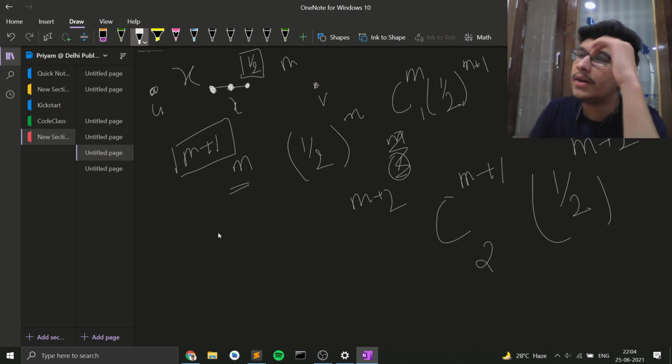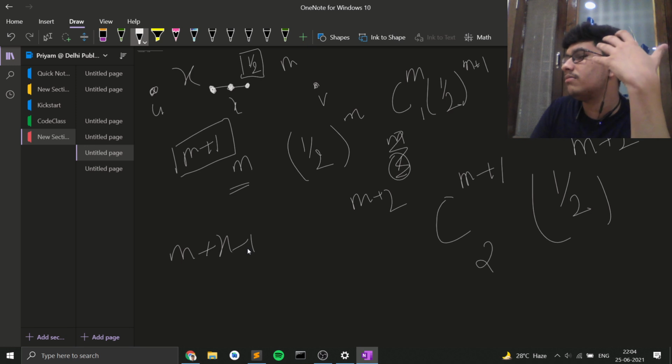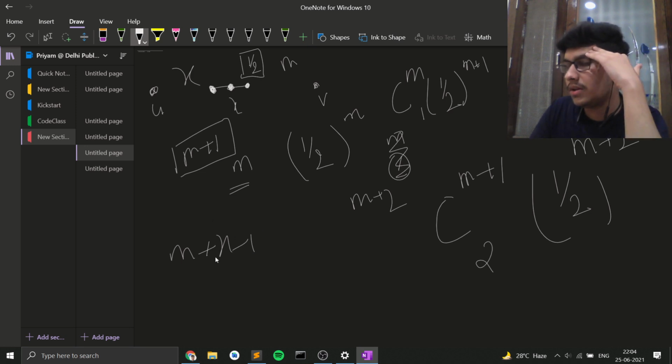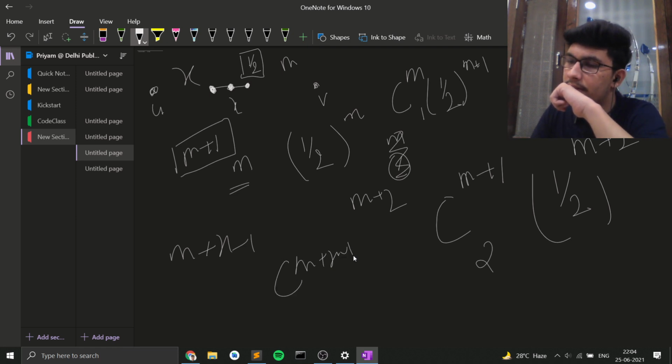And if I say that I want to reach in m plus x minus 1 steps, there cannot be m plus x steps here, because if you travel x steps here, then you're already exceeding the limit. So this will be c of m plus x minus 1, here you will have x minus 1 and half to the power,